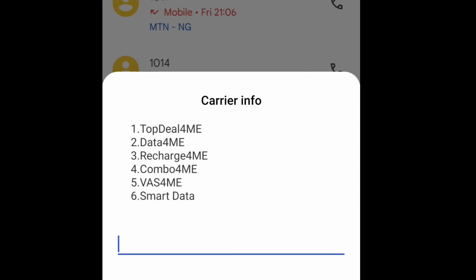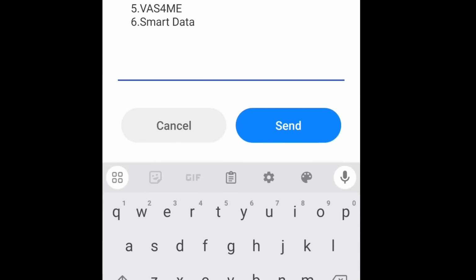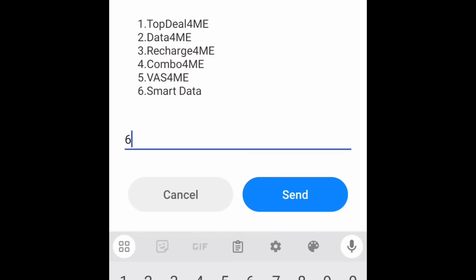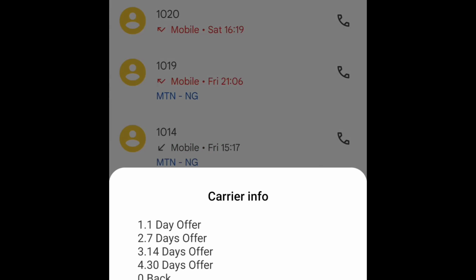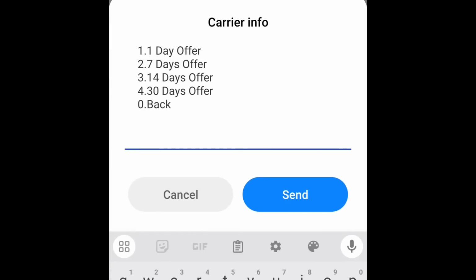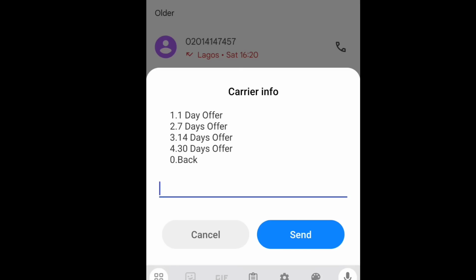It's going to bring you to this interface. So this code will give you access to different data plans and different offers. The one I like most of the time is the number 6. So you dial 6. You can also check the other ones. They also give amazing data plans. So let's dial 6. It's going to bring you to this interface again. If you dial 4, which is the 30 days offer,